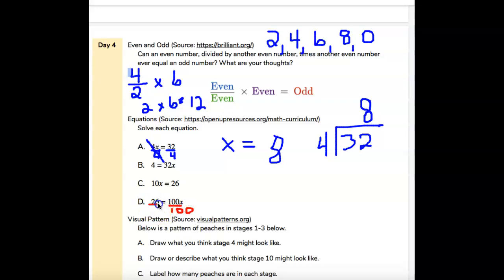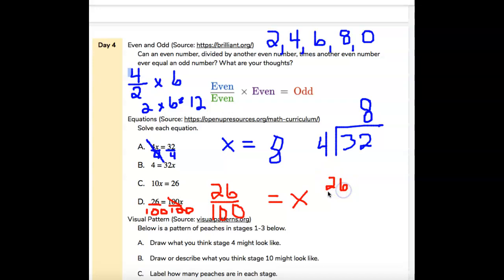You're dividing by 100, okay, because we have to get x by itself. So now we got the hundreds gone. We're left with x equals 26 hundredths. Now I'm not sure whether Mr. Gregory wants you to reduce it, but I'm going to show you how to reduce it. So this can be the answer, but if he's asked you in his lesson to reduce it,